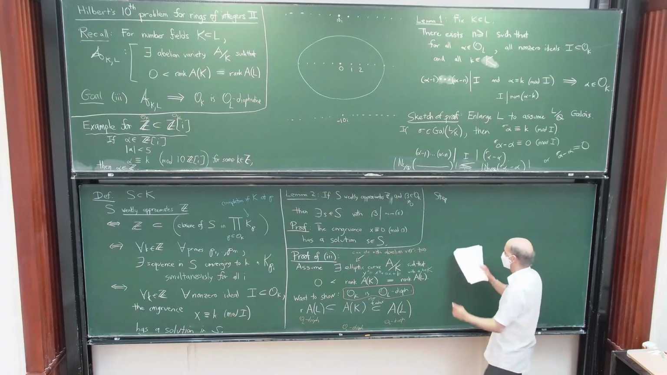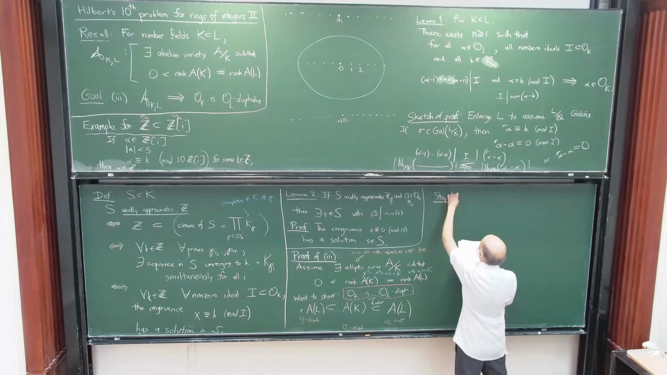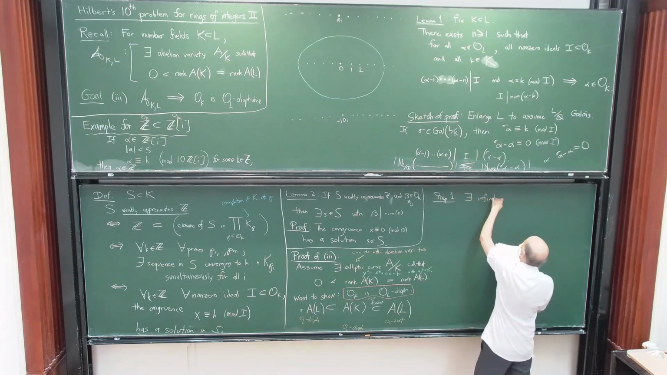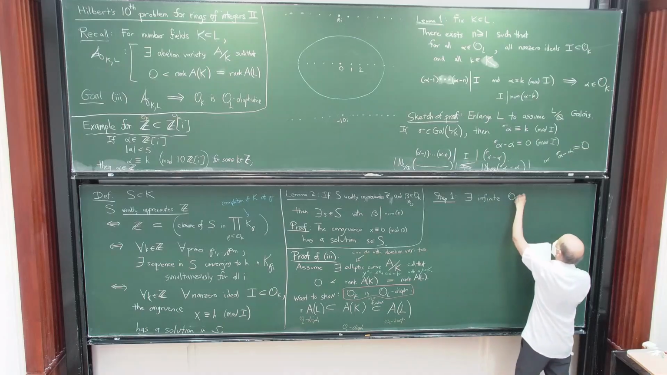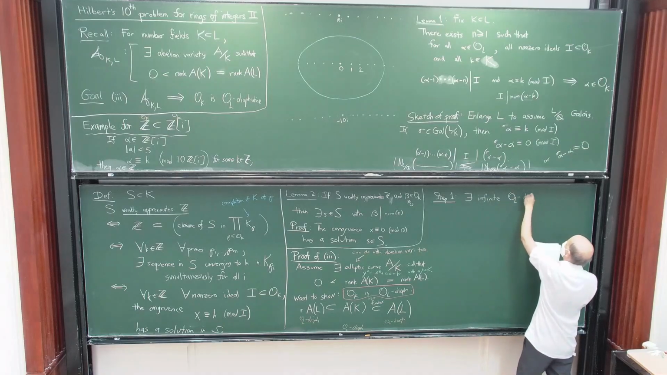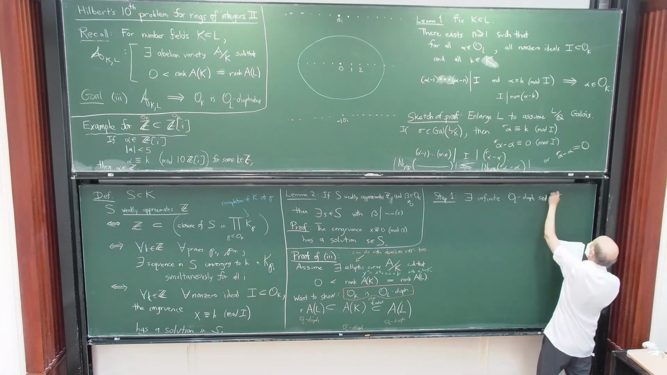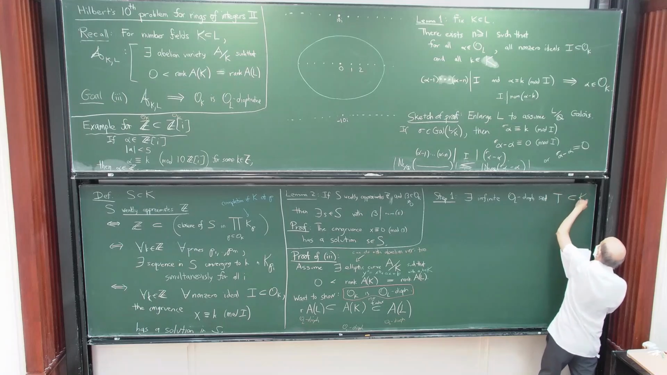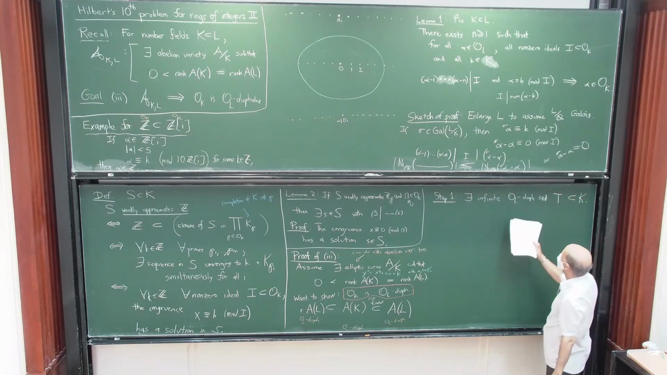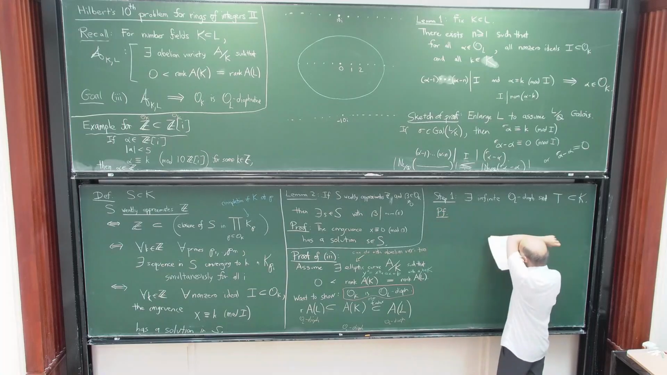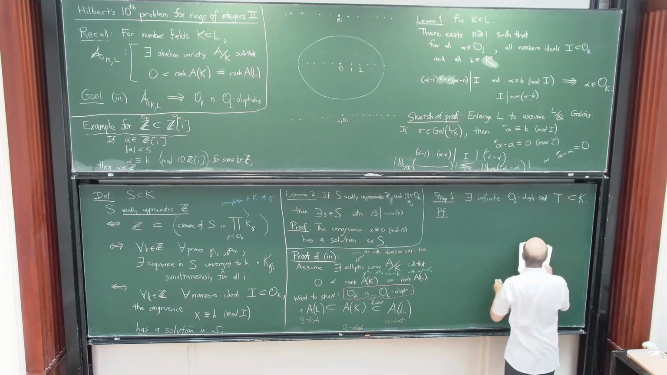Okay, so step one is going to be that there exists an infinite OL Diophantine subset, a set that's the set T, but that's contained in K. Okay, and so the proof of this is just going to be